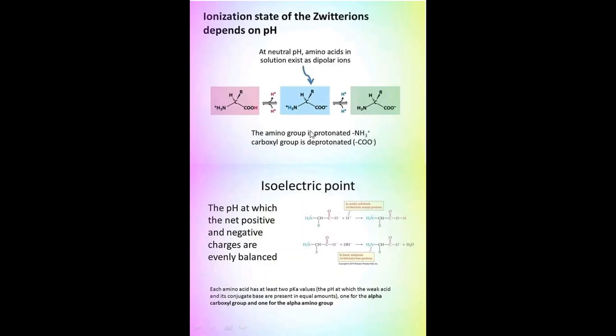Now, the pH at which the dipolar ion forms is different for different amino acids. The pH at which the net charge of the amino acid is 0, or the pH at which the dipolar ion or zwitterion is formed, is what we call the isoelectric point. So the isoelectric point of every amino acid is the pH at which the charge on the amino acid is zero, or the negative and positive charges are evenly balanced. So let's see